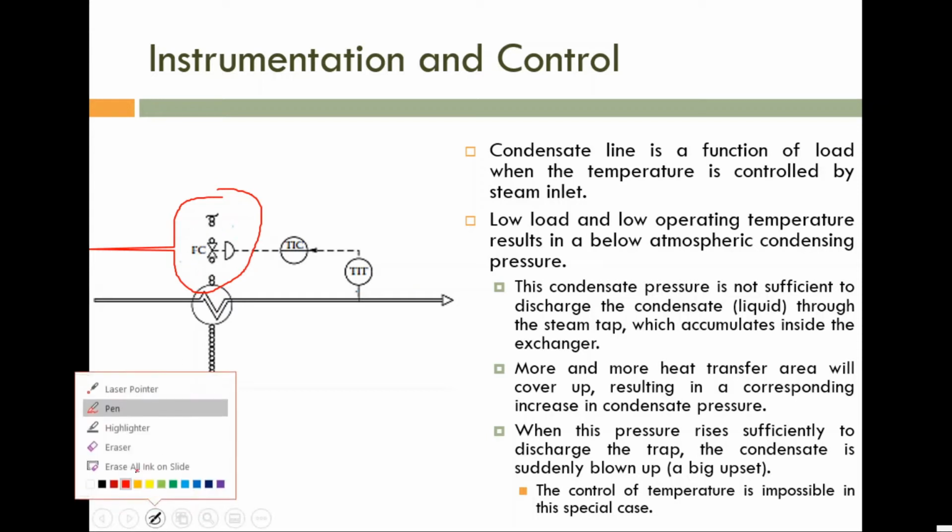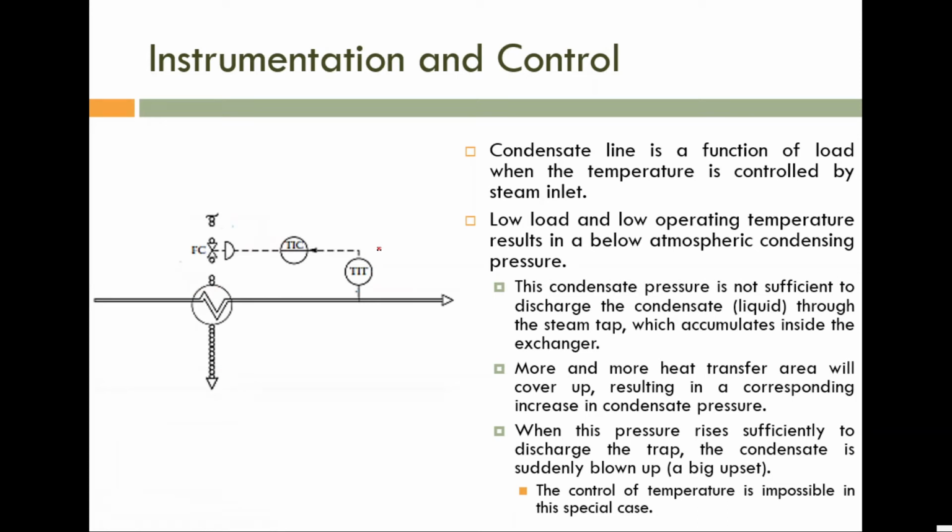So please note, if the temperature measurement is large, meaning greater than T2, then we have to close the control valve by reducing the control signal. By reducing the control signal, we can close the control valve so that the temperature is decreased. Similarly, if the temperature measurement is small, in order to increase the temperature, we have to increase the control signal so that the control valve is open. So maximum steam is allowed to pass to the heat exchanger, so the temperature will increase. So this is the operation.